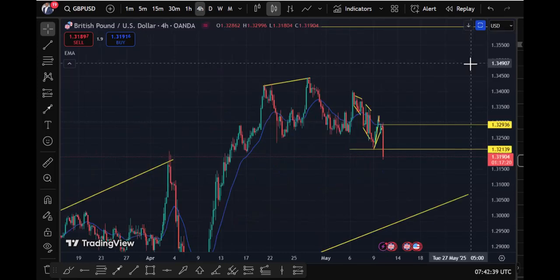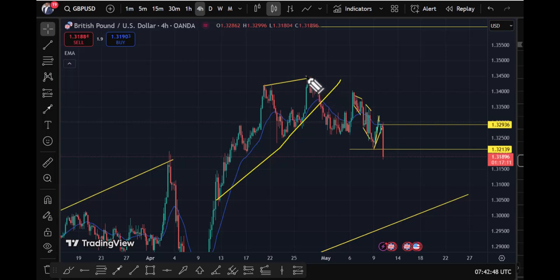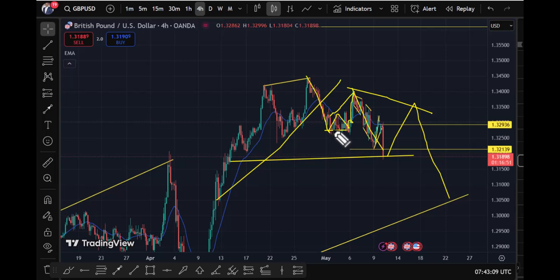Okay, so looking at the pound, what we have seen here is the market has broken this, and now there's an impulse. It's kind of an expanding flat, and it's dropping. So along this place now, it's going to pull back and continue dropping. So this is what we're expecting: a quick buy and continuation, continue selling. So this is what we're expecting on the pound.